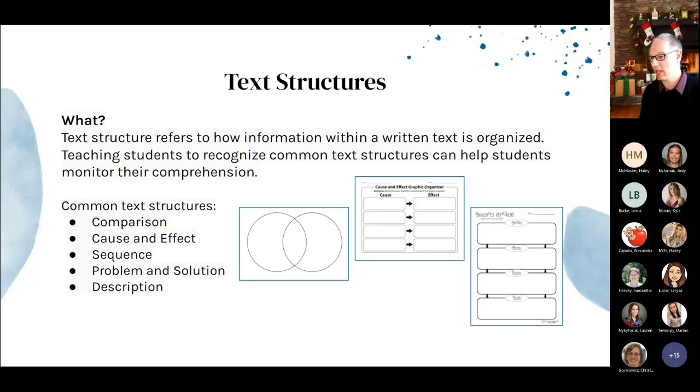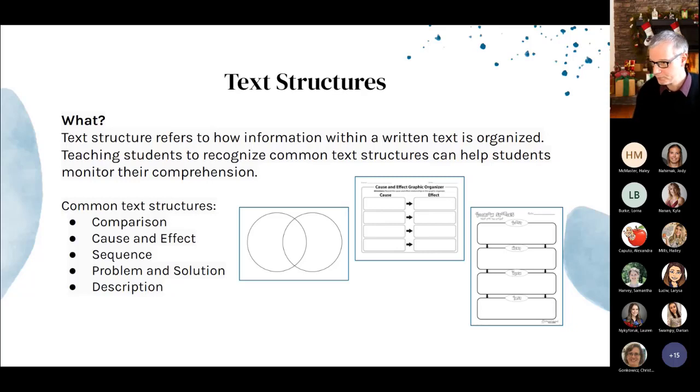So text structure can be introduced early in every lesson, as reading material is initially previewed, and throughout the lesson at every turn. So it's something that you can do early, and then as you're going through the lesson, you can see how this is all set up and organized. And it's really essential for that comprehension to see that there's intentionality in the author and the way they write. So this really promotes the student to connect to their memory structures and comprehend using these logical connections presented by